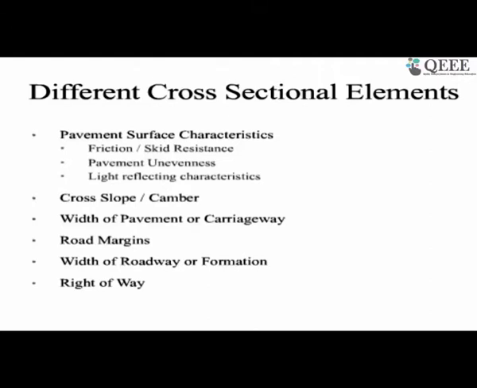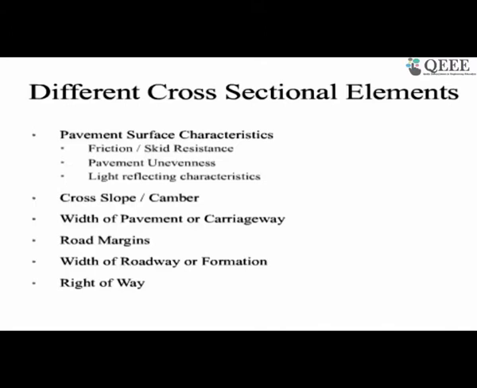Even though it is not directly part of the geometric design, somehow it is incorporated in the geometric design, and as we progress, you will see why and how we need this. The other part is the pavement unevenness. If the pavement is too rough, the riding quality is not going to be good, and it may lead to unsafe movement of the vehicle. The third thing about the pavement surface is the light reflection characteristic. Again, we will be discussing the light reflecting characteristic of the surface, why we need it, and how